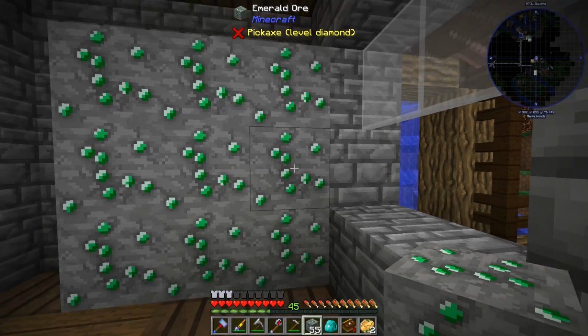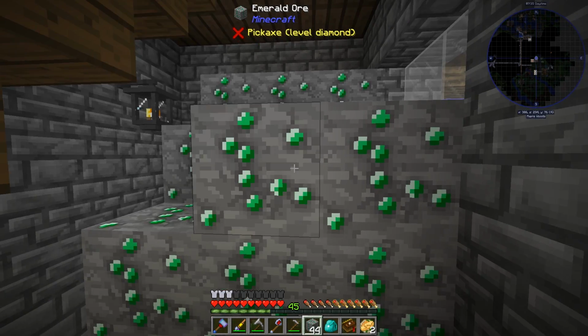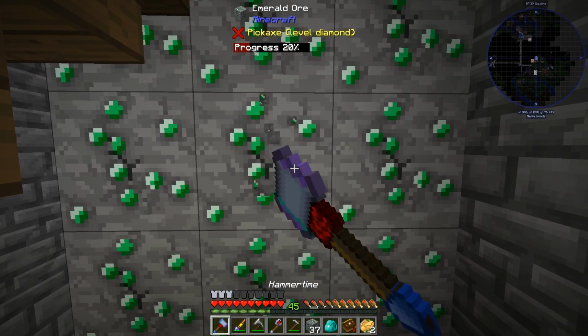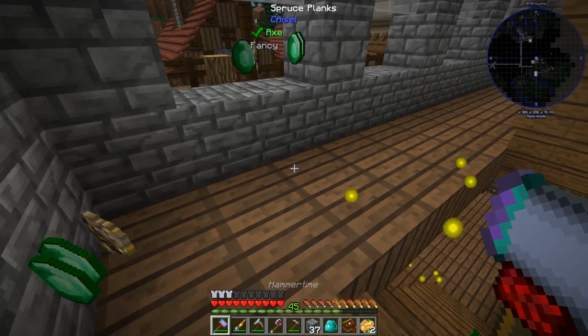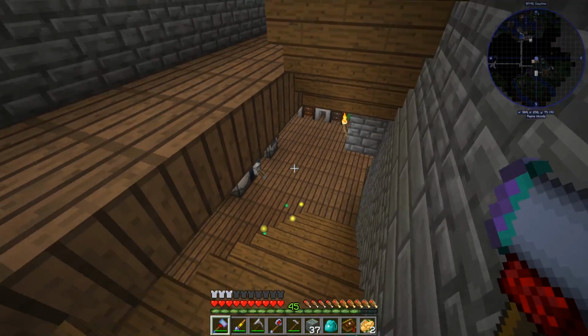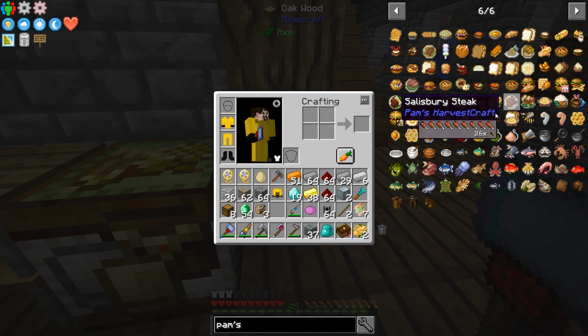But I'm lazy, so we're just going to use my hammer, put down the ore, and dig it up as if it was real emeralds we found in the wild. Wow. And because we've got luck on our hammer, we get a stupid amount of emeralds out of that. So the first big Pam's dinner we're going to look at is gonna be...